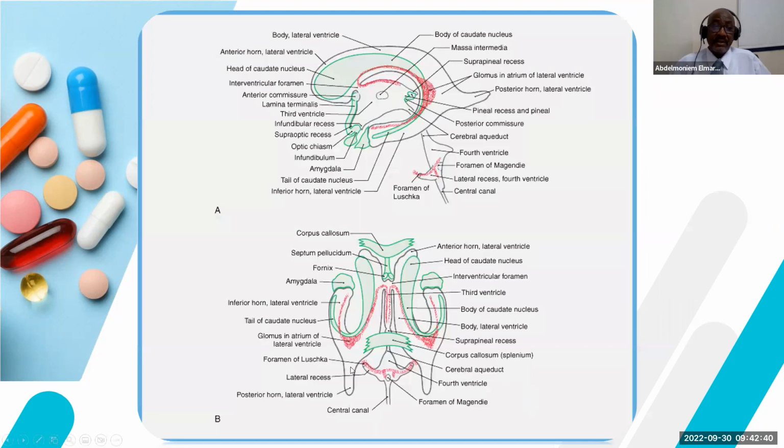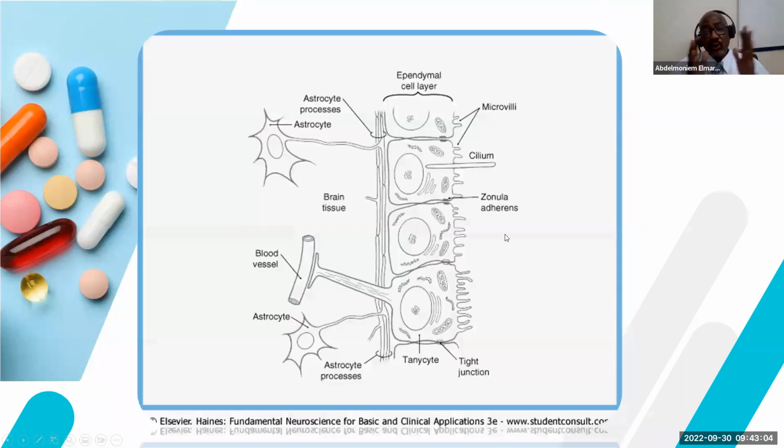Now, this is a brief description of the circulation. It is produced there in these choroid plexuses of the lateral and third and fourth ventricles. And then the fluid moves into the third through the aqueduct into the fourth, out of the fourth into the surrounding space. But if we go to the cellular level, actually, this is an important diagram because it shows you